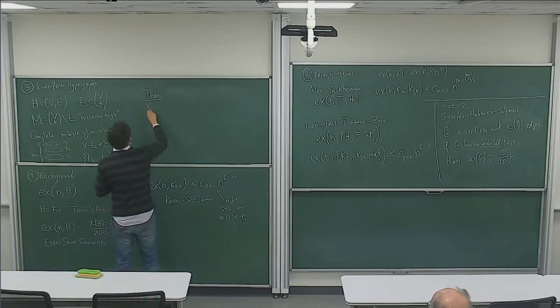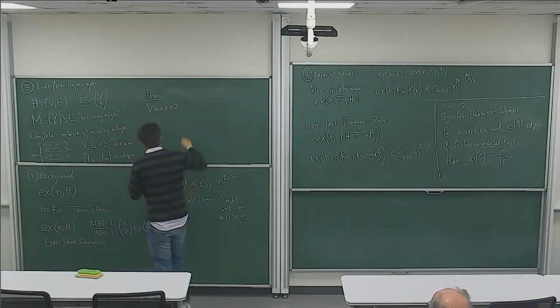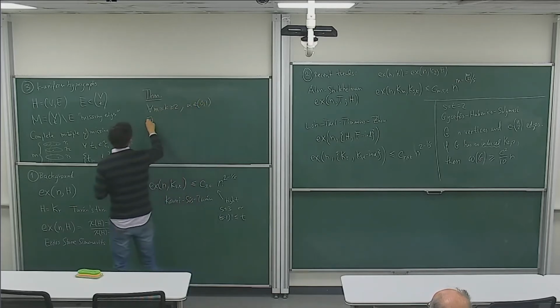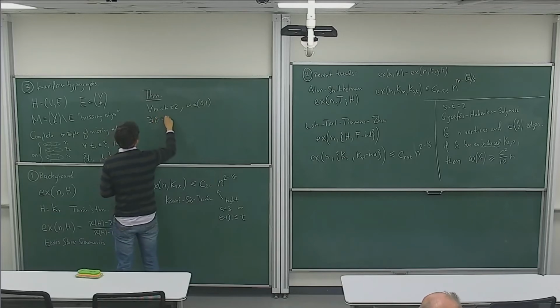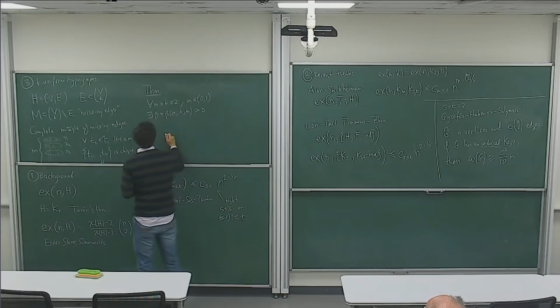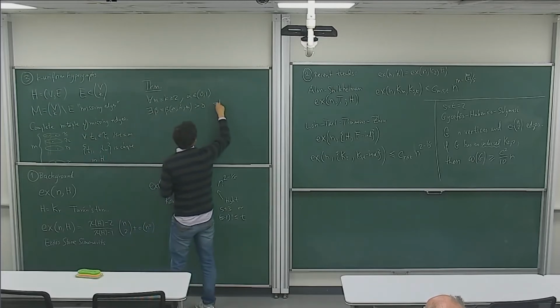For every M and alpha in (0,1), there exists a beta, depending on alpha, K, and M, that is positive, such that